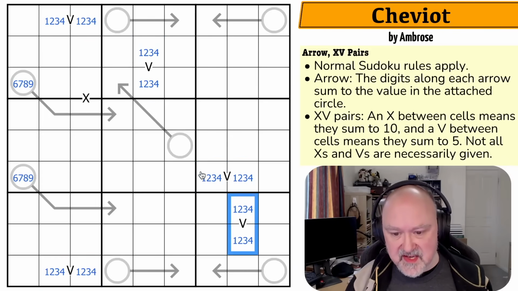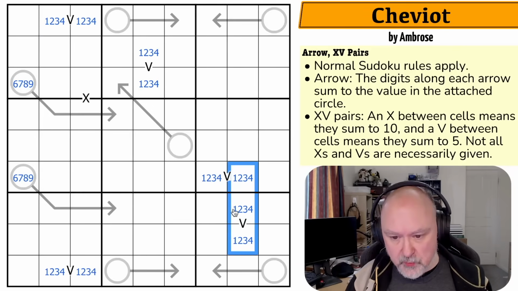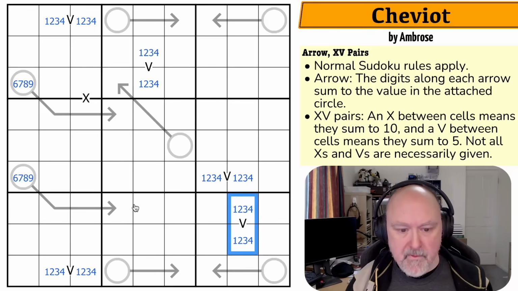But these V's have to be different. Because if this was 2, 3 and this was 2, 3, I'd have that 2, 3 would repeat in the column. And that wouldn't work. So these are different types of V. One of them is 1, 4, the other one is 2, 3. I don't know how that is helping me. Maybe here,